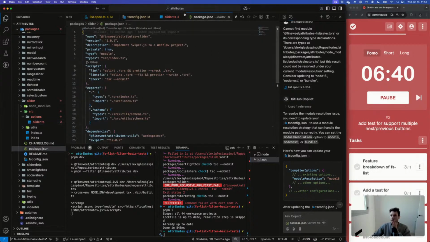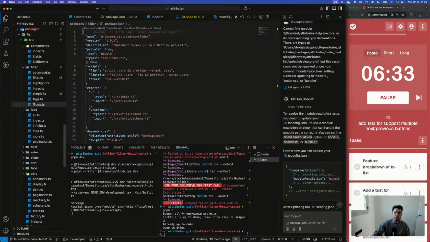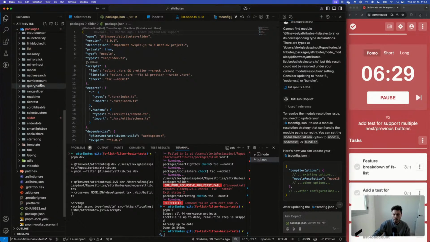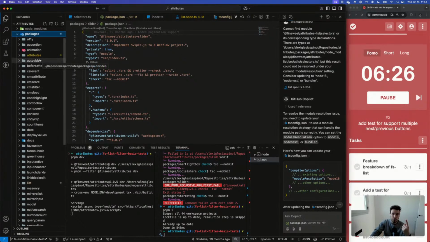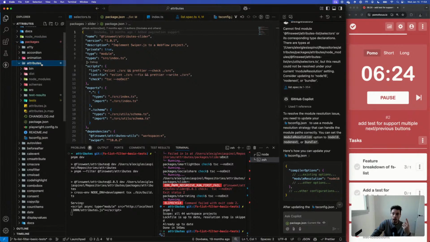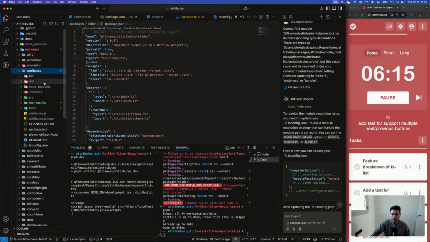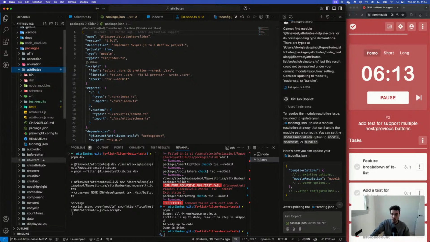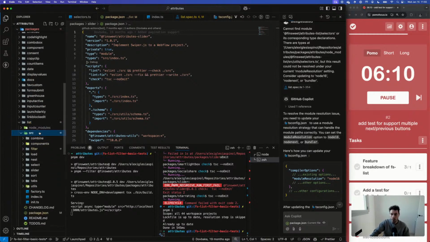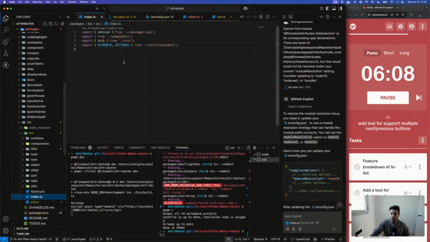Could be, but it was not really the problem because I'm using ESBuild already to bundle everything. So essentially, each of the attributes here is a package, right? And there's a single package that is the entry one, which is called attributes. The rest is just a monorepo that we use to organize things. So when bundling, ESBuild already takes care of everything. From each of the packages, I can export things like the package version, or even CSS, ESBuild already handles that for me.